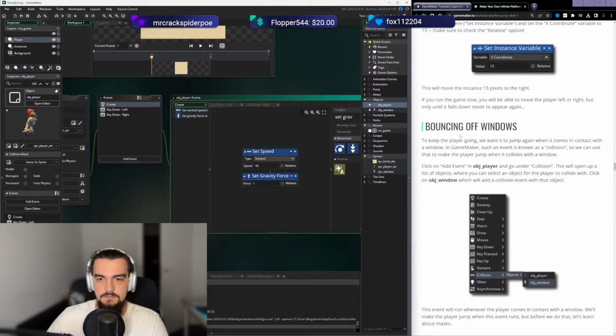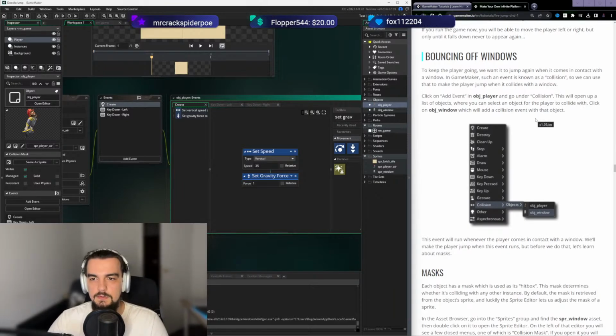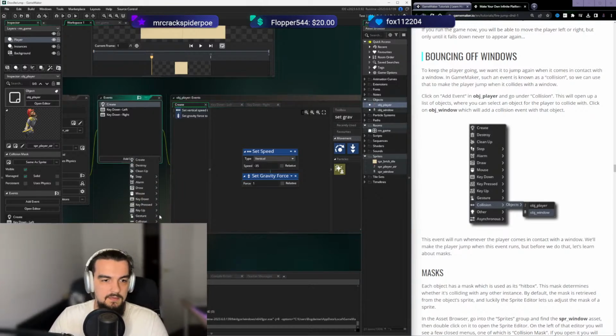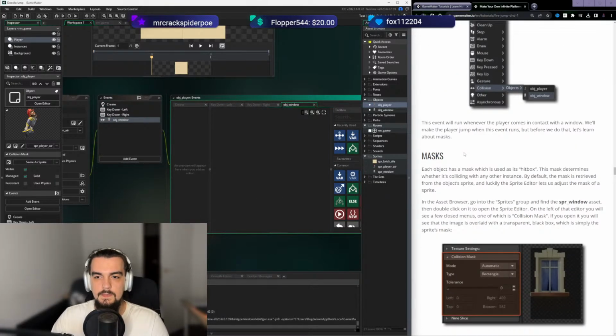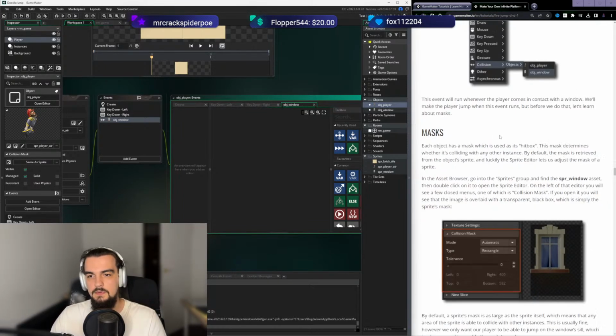Bouncing off windows. To keep the player going, we want it to jump again when it comes in contact with the window. In GameMaker, such an event is known as collision, so we can use that to make the player jump when it collides with the window. Click on Add Event in Object Player and go onto Collision. Add Event, Collision, Objects, Object Window. Whenever it comes in contact, we will make the player jump when this event runs, but before we do that,